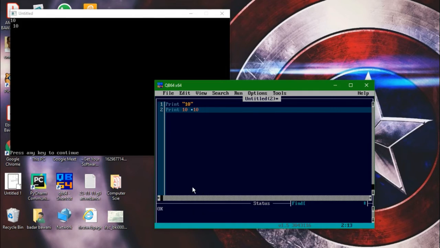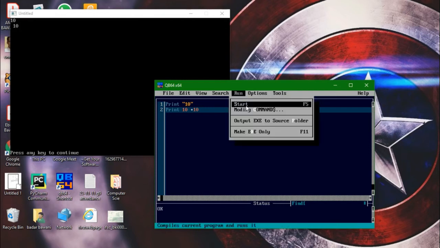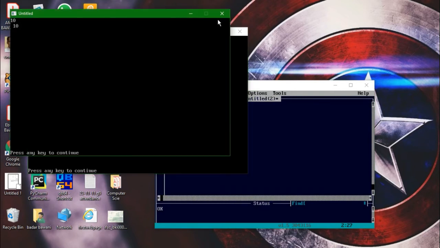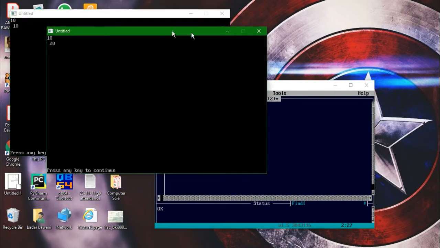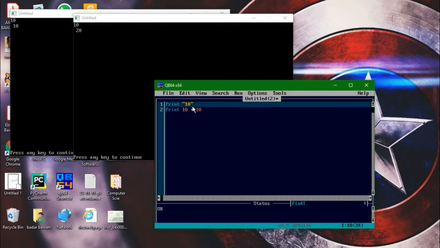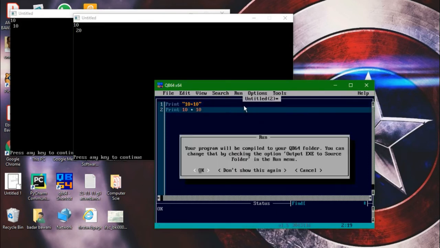So if I want to do some calculation and run it, here you can see the difference. In this one I am just getting the output 10, 10, and in this one it is showing 10 and 20.